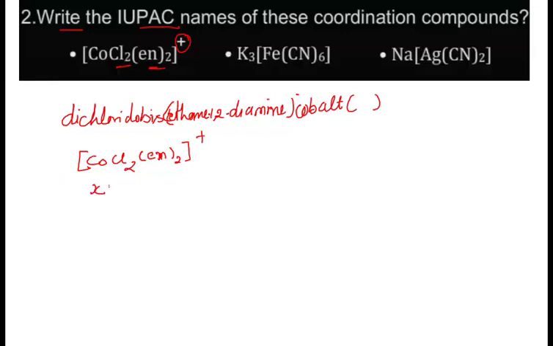So we will put it as X plus, now chloride has -1 charge into 2, plus en has 0 into 2, and it will be equal to +1 because a positive charge is there. Now find out X. So X minus 2 equals +1, and X will be equal to +3. That means the oxidation state of the central atom in this complex will be 3. So it has to be written in Roman. So finally the name of the species is